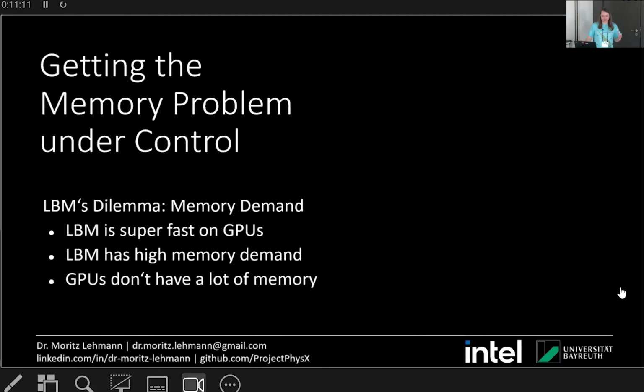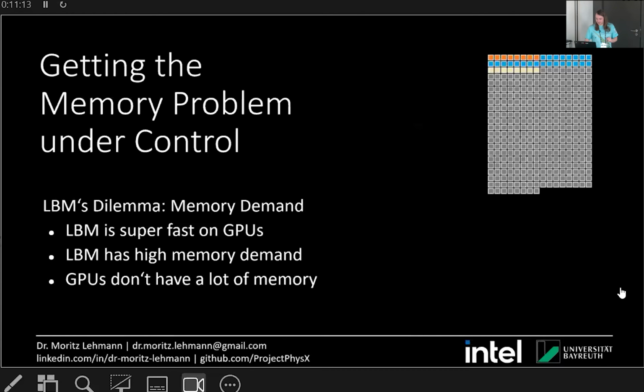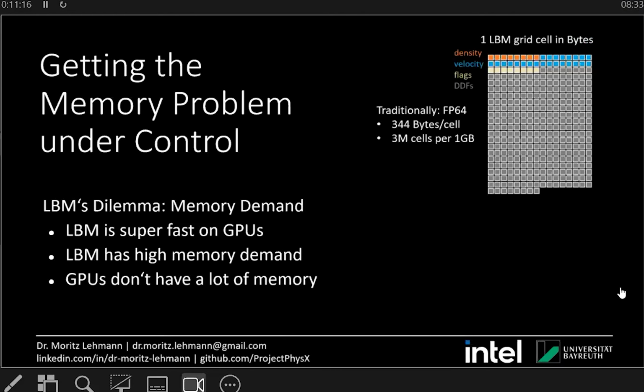So it's fast, but the memory footprint is too high. Let's look at the memory footprint in detail. This is a single lattice Boltzmann grid cell, how it looks in memory. So you get 8 bytes for the density as a FP64 number, 24 bytes for 3 velocity components, X, Y,